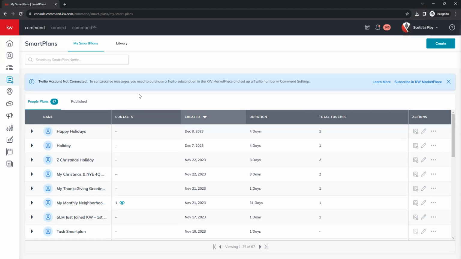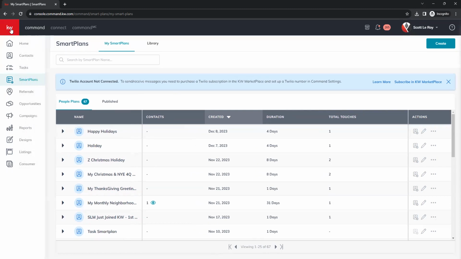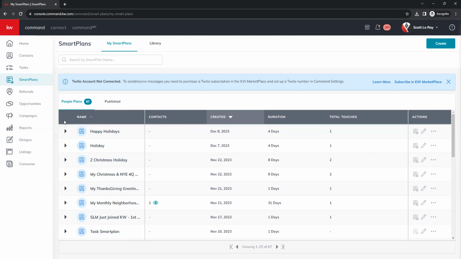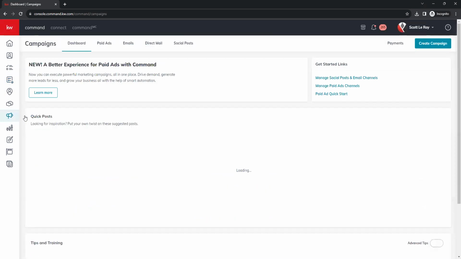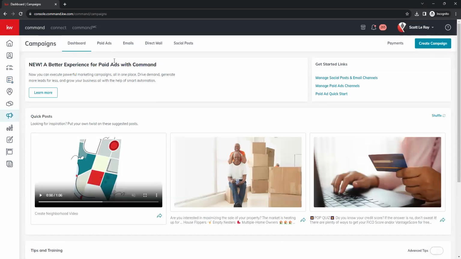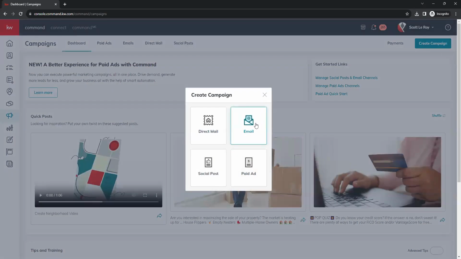So if you were wanting to send this as a one-off email campaign instead of a smart plan, it's pretty similar as far as pulling the design in. The only difference there is that you do need to create your email list that you want to send your email campaign to. So we can go over that before we wrap up our class today. So if we go under campaigns here, so we have our option for email campaigns. So if we click on create new campaign in the top right and select the email option,